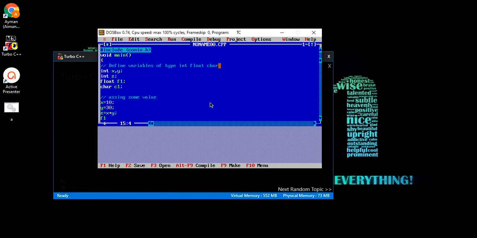Let's say f1 equals 30 divided by 2.0. Let us assign 100 to the variable c1.